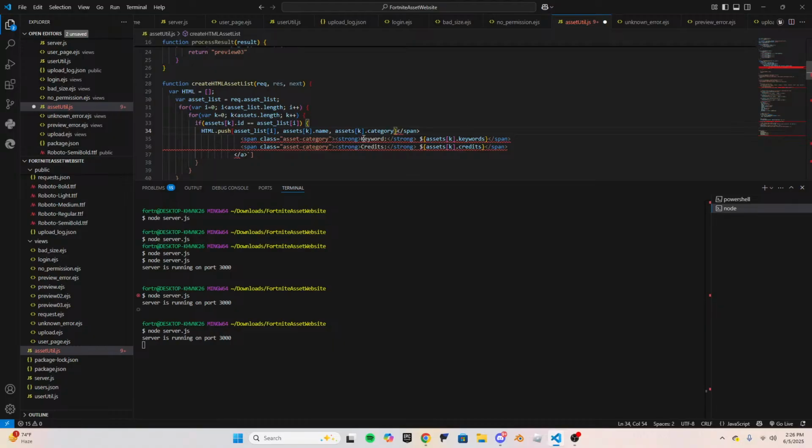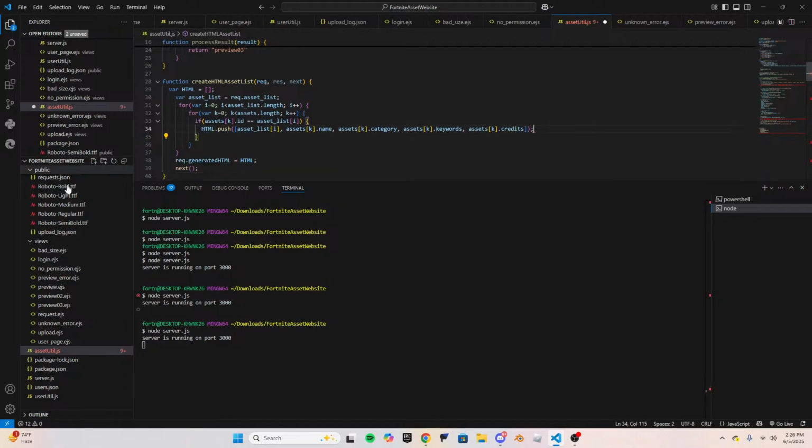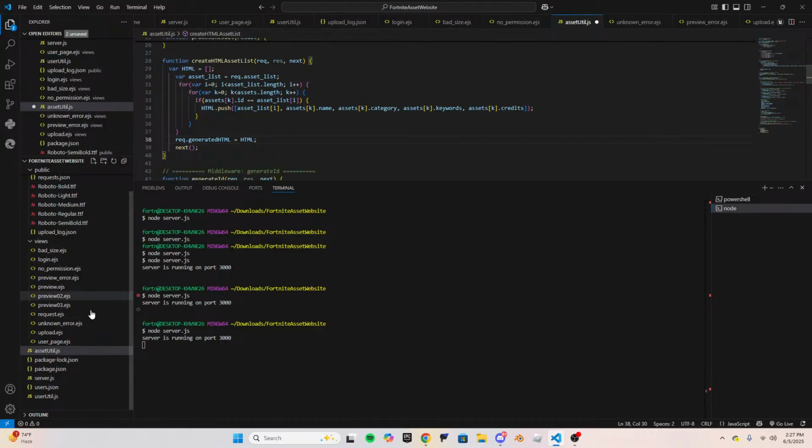Let's do that. Category, and then keywords, and then we'll do dot push, send that in as an array, get rid of this, and then we'll do that. Okay, so it'll be a multi-dimensional array now. So request dot generated HTML equals that, and now I want to do for